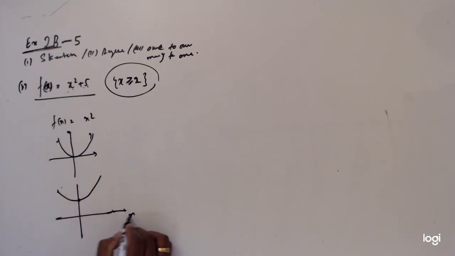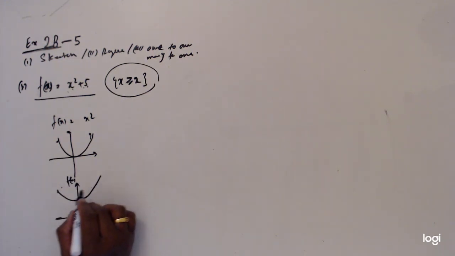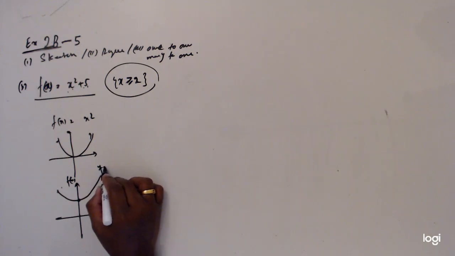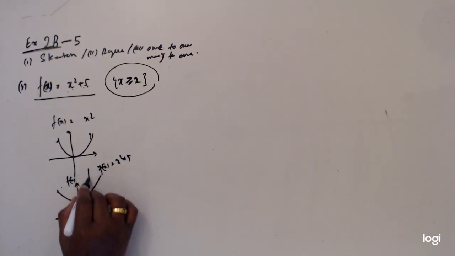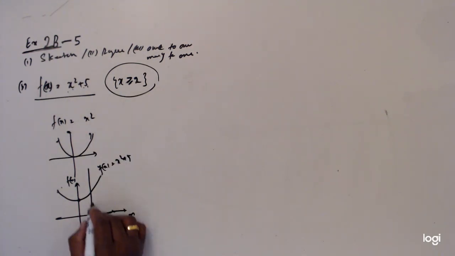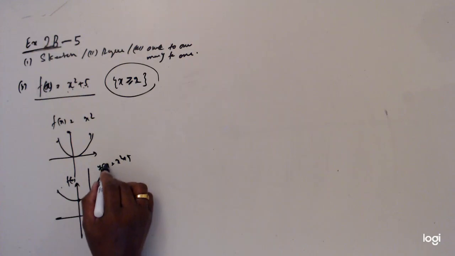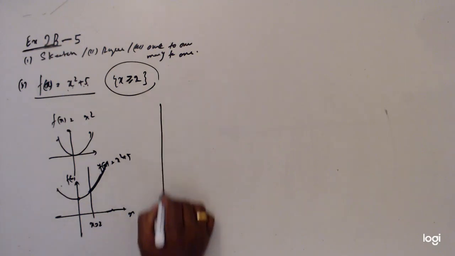This is x, f(x), and now this is f(x) equals x squared plus 5. And then we want to consider the domain x equal to 2 onward. It means this graph, from this point onward, we need this part. So this is how the graph should be. So we can draw the graph as